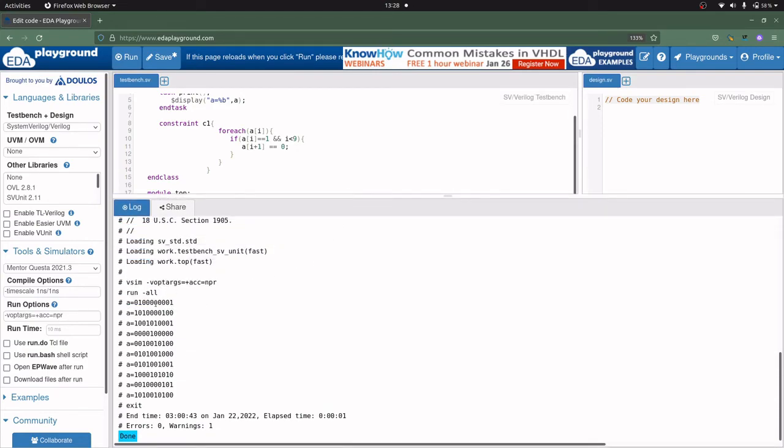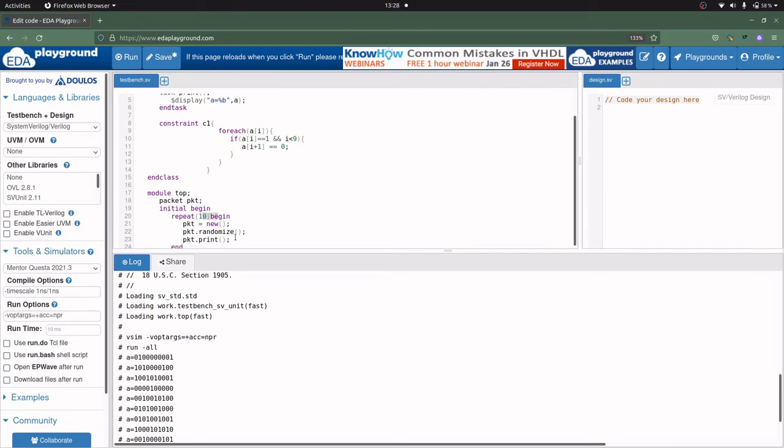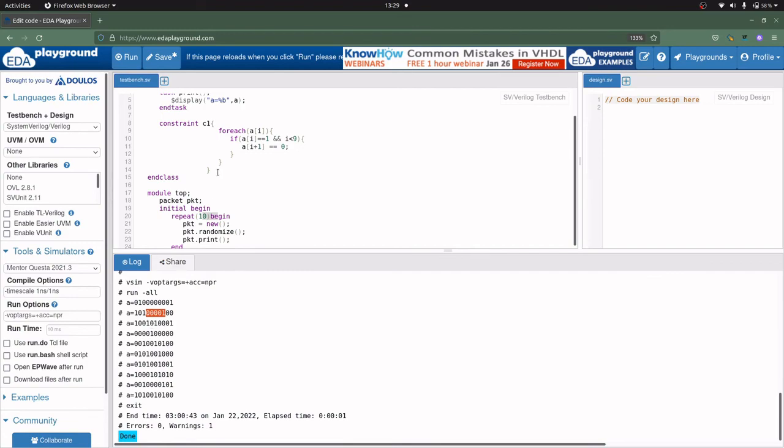So this is our result, and you can see it is generated 10 times, 1, 2, 3, 4, 5, 6, 7, 8, 9, 10. It depends upon the number of times you want to generate the random number. Each time you can see you cannot find any two ones in continuous locations. This location is high, after that 0, 0 here. You can find 0 continuously, but you cannot find 1. So this constraint fulfills our question's condition.